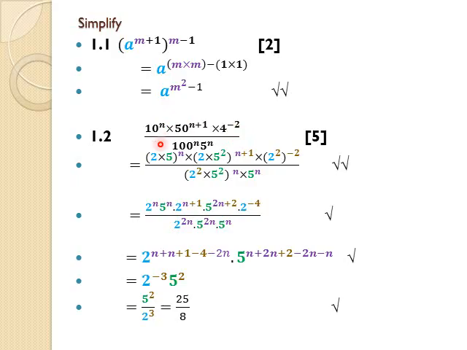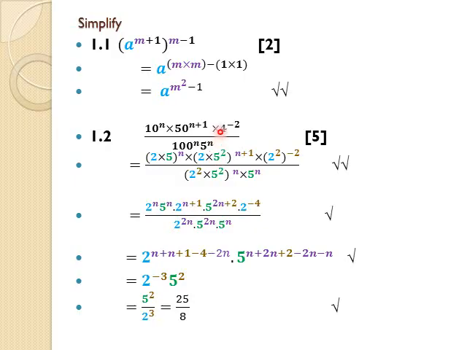1.2, as I said, in general, we will test multiplication and division of exponents. Right? And generally, we start off grade 12 or grade 11 work with whether you can create prime bases. So you see 10 is not a prime number, 50 is not a prime number, 100 is not a prime number. So the prime base, 10 can be expressed as 2 times 5, where 2 and 5 are both prime numbers. 50, 2 times 5 squared is 25 times 2 gives me 50, but now 2 and 5 are both